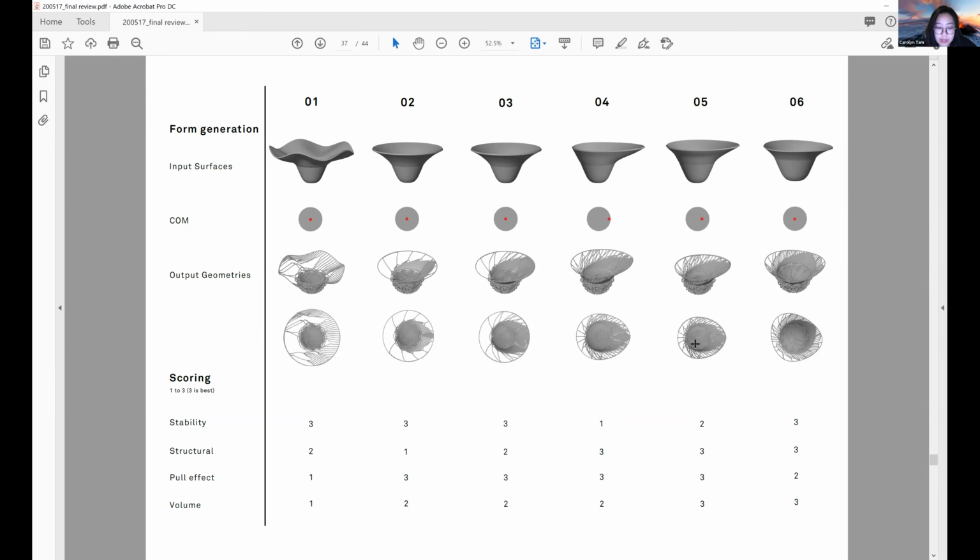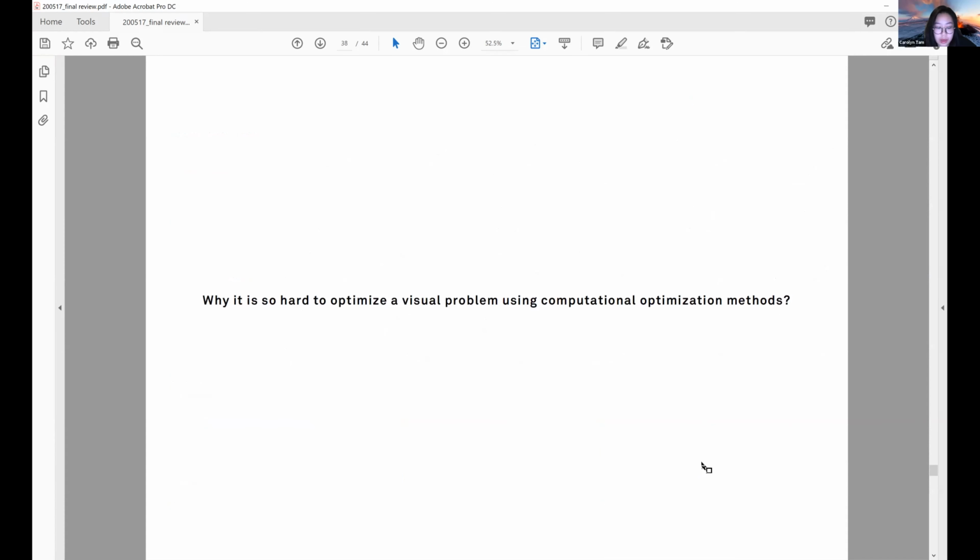It gives me the best geometry for functions such as volume or stability, but I cannot really create the visual effect I want from the geometry. Whereas the previous version, I think it's visually satisfying, and it has a reasonable functional score as well. And what I realized from this project is that I encountered a kind of tension between computational optimization